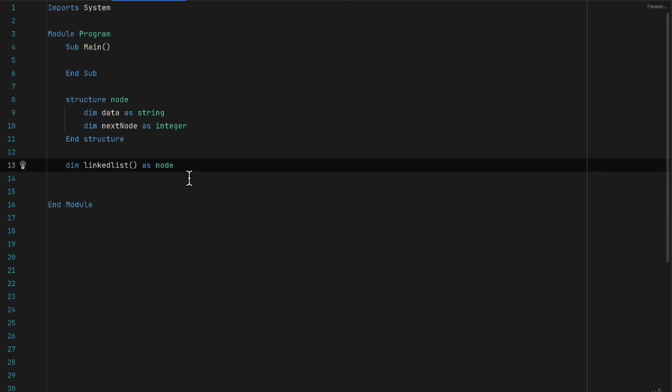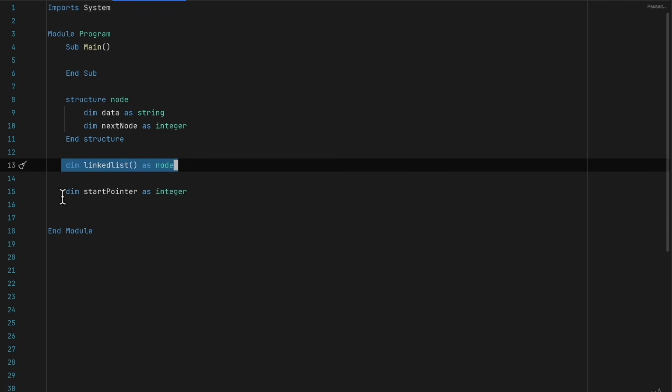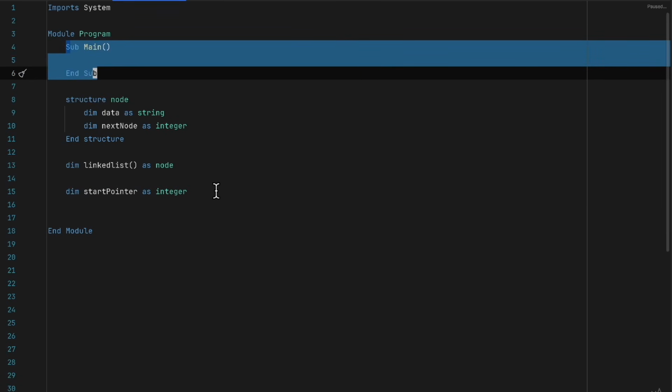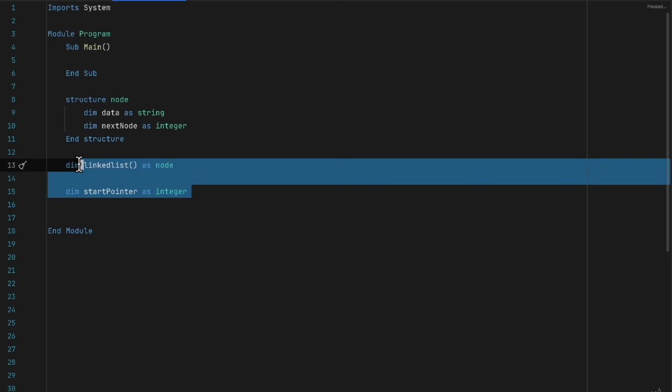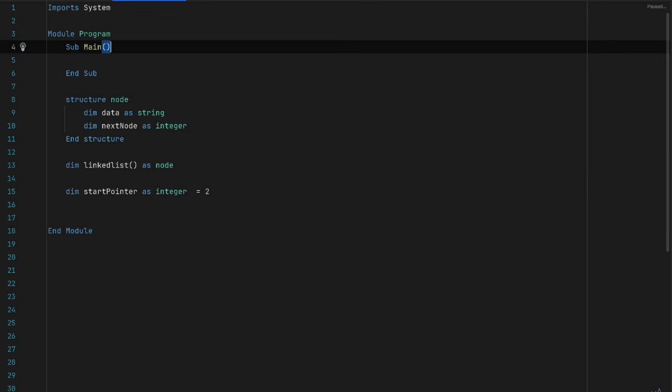So we also have to declare a start pointer. So Dim startPointer As Integer. Notice how both my array and my start pointer are outside the main sub, which means that these are both global variables. Alright, so now I'm going to initialize this linked list. The start pointer points to index 2, and then